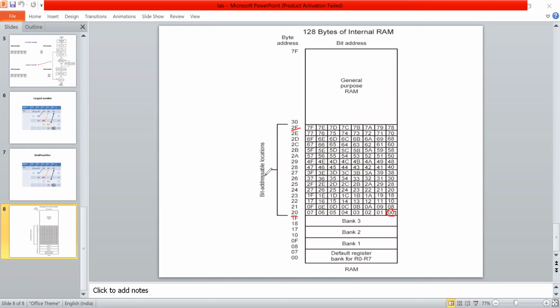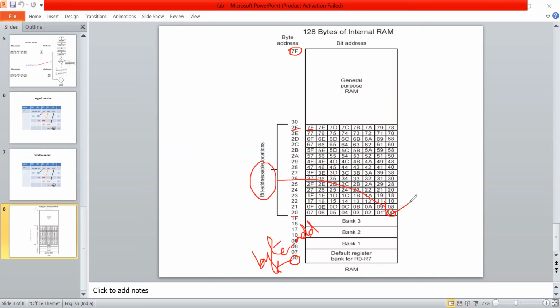So these are all bit addressing. That is 00H to 7FH. See here also you can see 7F. Here also you can see 0. So these are byte addressing. This is bit addressing.